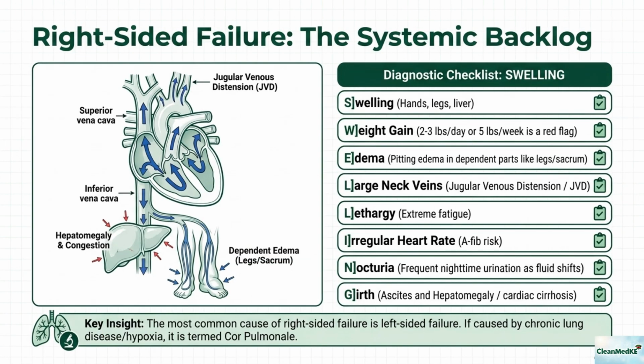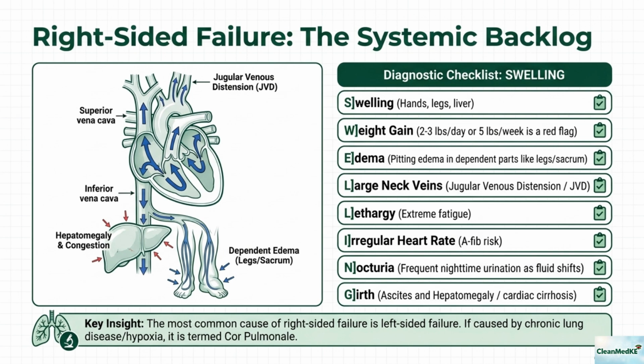While the left side backs up into the lungs, the right side backs up into the body, causing a systemic backlog. We call these symptoms swelling. You'll see peripheral edema in the hands and legs, and you'll notice large neck veins, also known as jugular venous distension, JVD. Because fluid is backing up into the liver, the patient might develop hepatomegaly, or an increased abdominal girth,